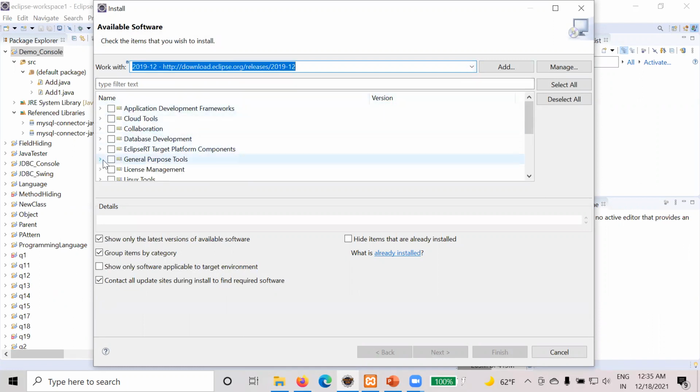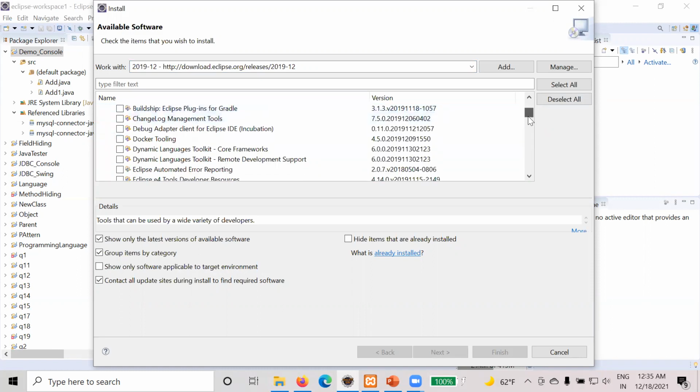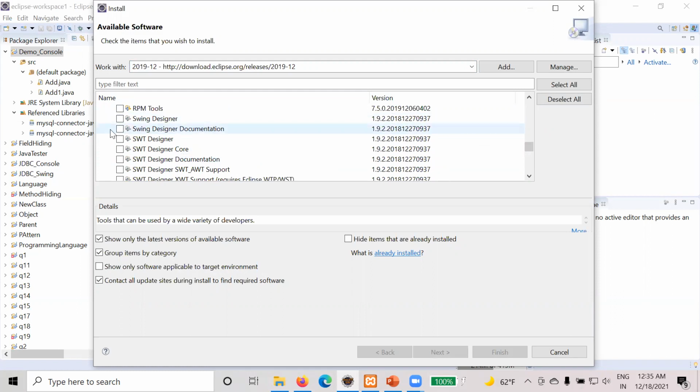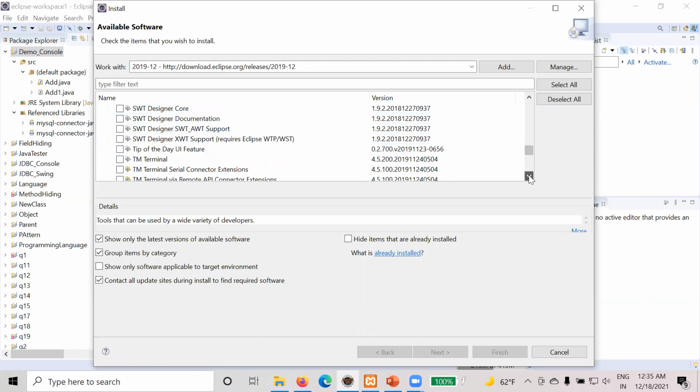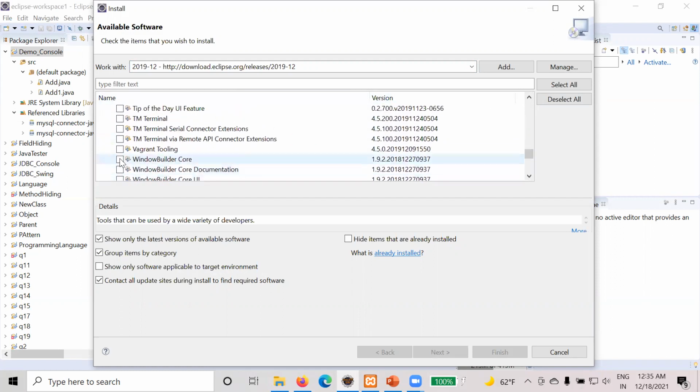After that you need to search for the general purpose tools option, and in this you have to look for Swing, this Swing and SWT Designer option. You need to tick all these options, and after this you need to look for the WindowBuilder option. These packages you need to select and then click on install.